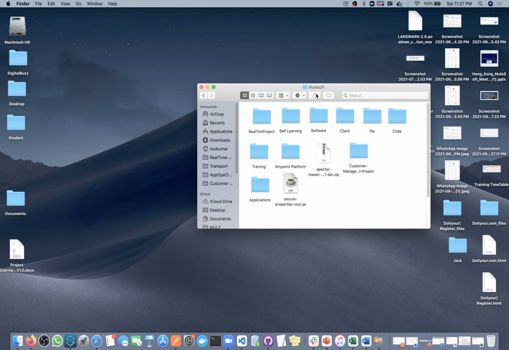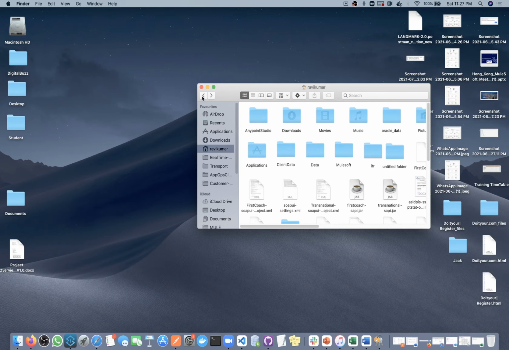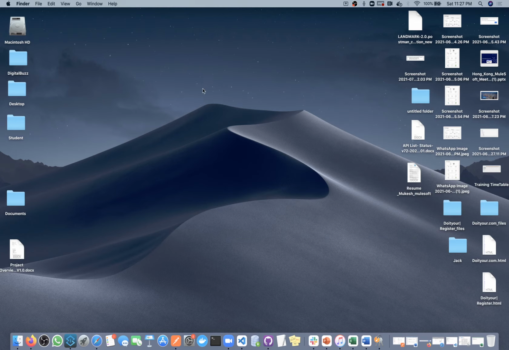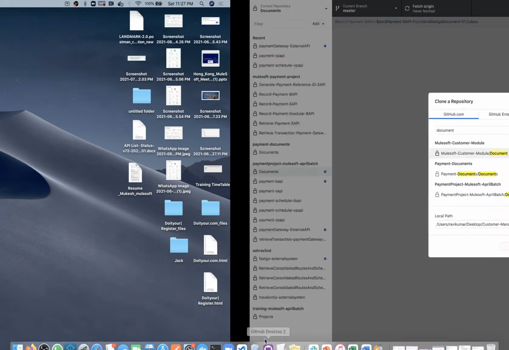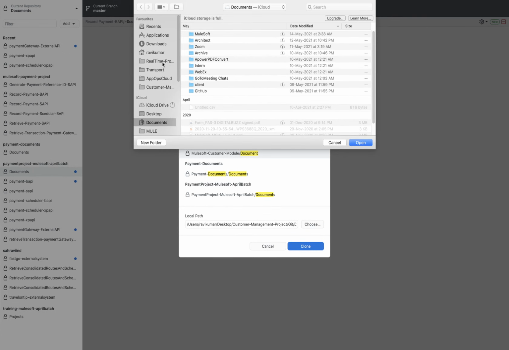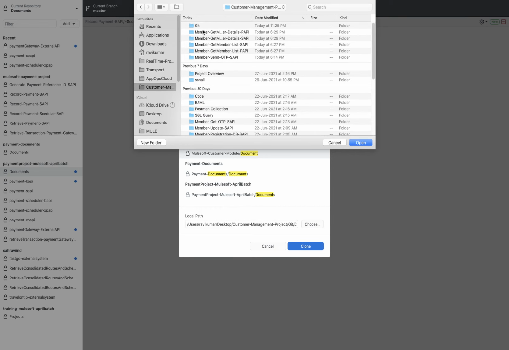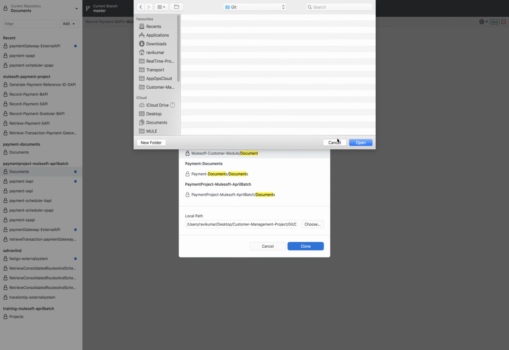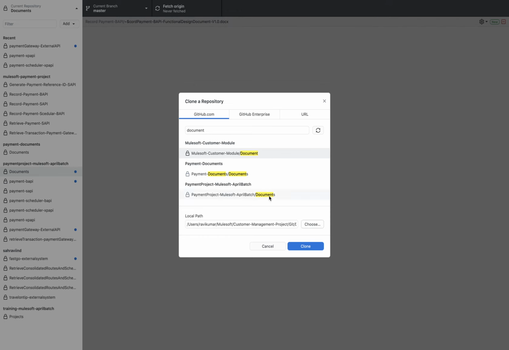So I kept it inside MuleSoft, my name. Okay, fine. So I will change that location again, and I want to keep it in that particular place. So first customer management, yeah, this one, and Git. Okay, I want to keep it inside this folder.